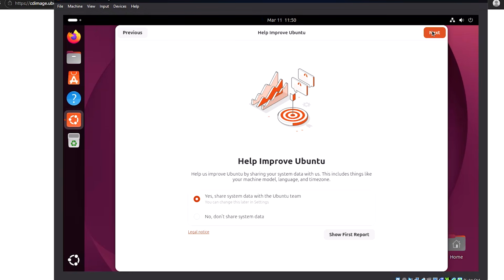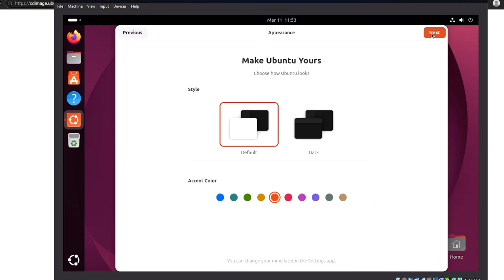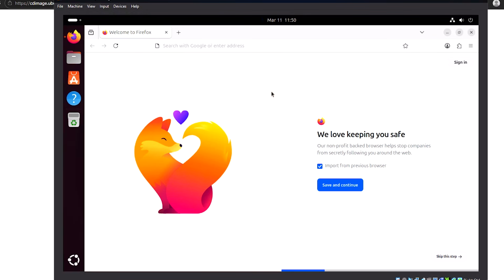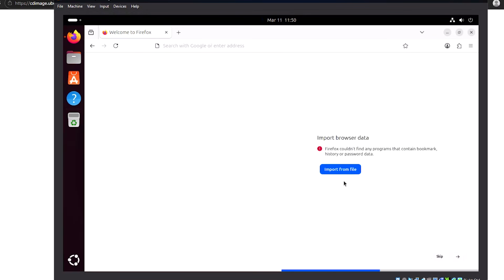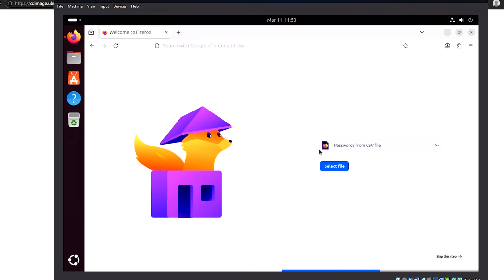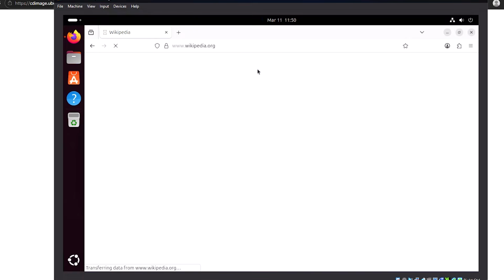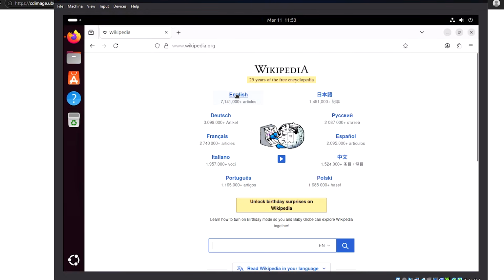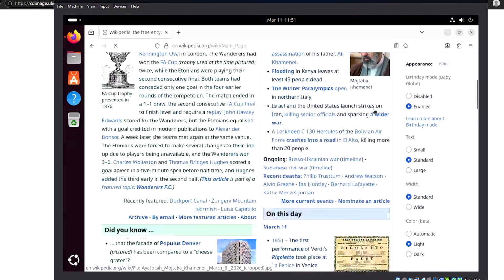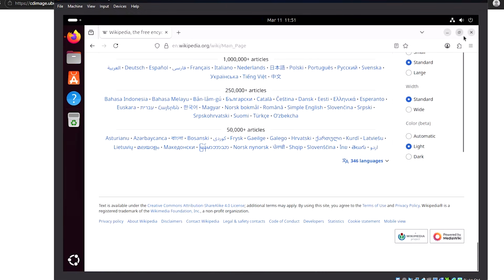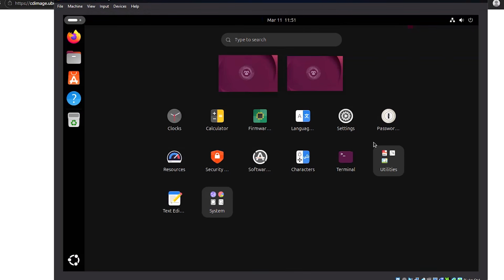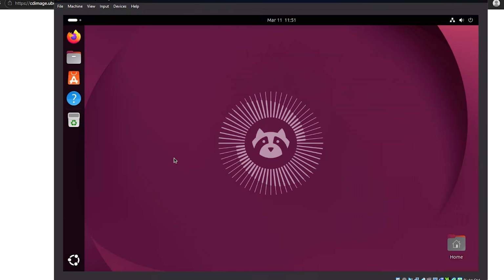Next, next, next, finish. Firefox is installed by default. These are the different apps. The sources app,